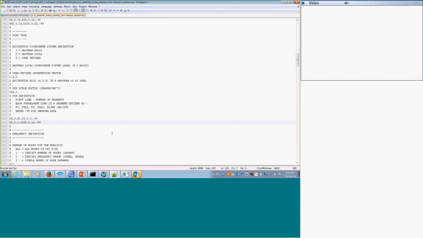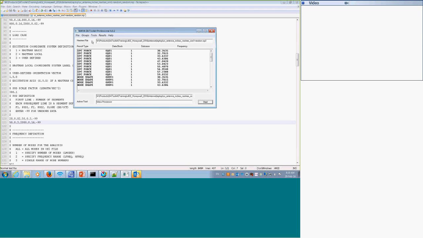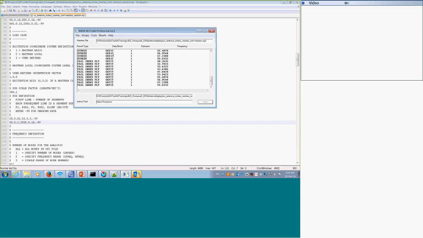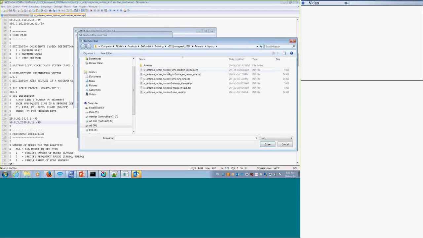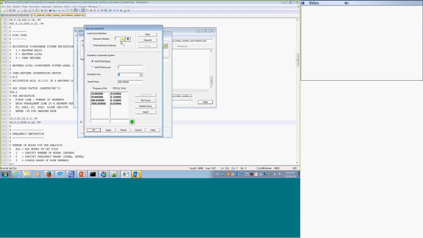So, for example, you can remove a load case. Or again, if you only have one load case, you can add one or two. Well, let's do an open on this file here. This is my file that I've been processing with this IMP file. So in random analysis, I can just point to that definition file that I just edited, and load. Now the changes that I've made I can see in the UI.